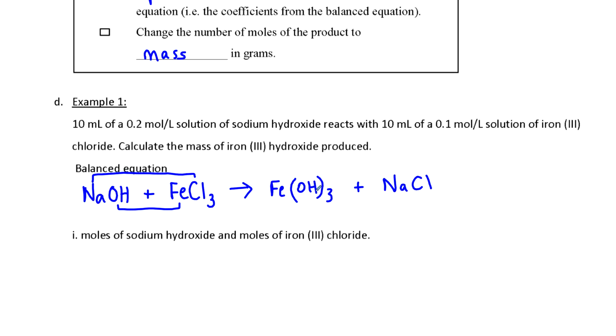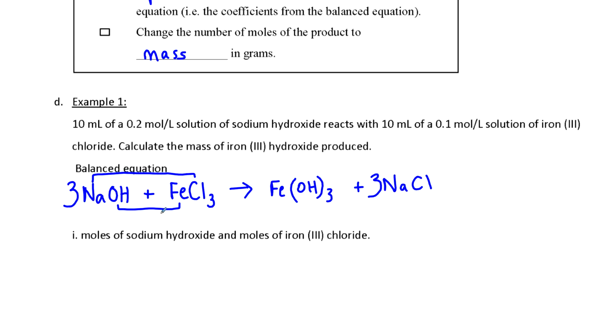Now we're not balanced here. We've got 3 hydroxides and only 1 hydroxide here. So I'm going to put a 3 there. And then that gives me 3 sodium. So I'd need to make 3 over here. I also have 3 chlorine, so that takes care of the chlorine at the same time. Iron is good the way it is. So everything is balanced at this point. Now,